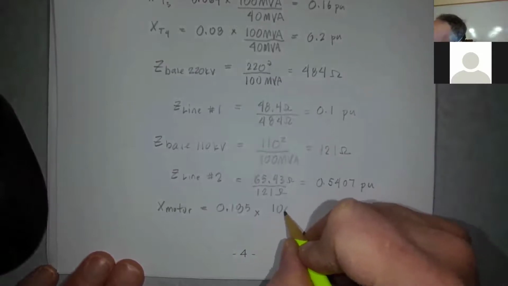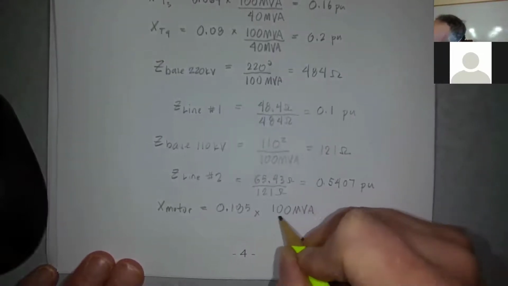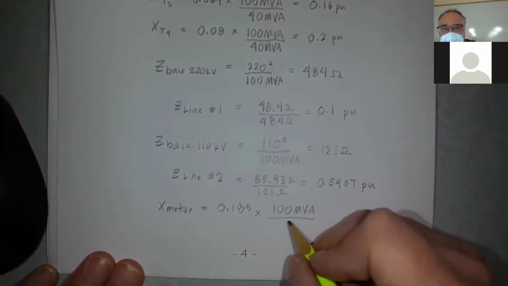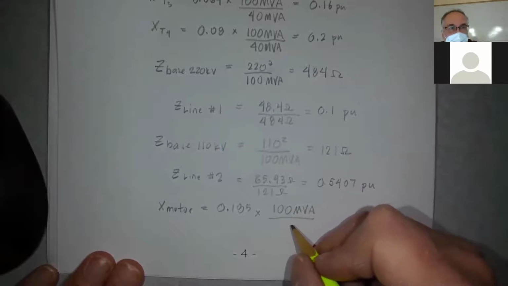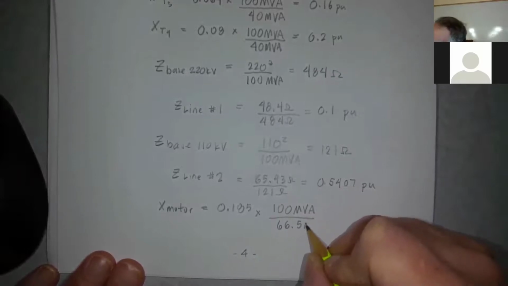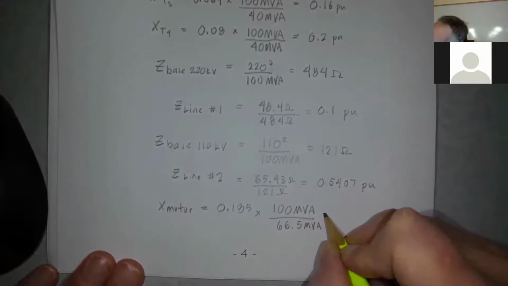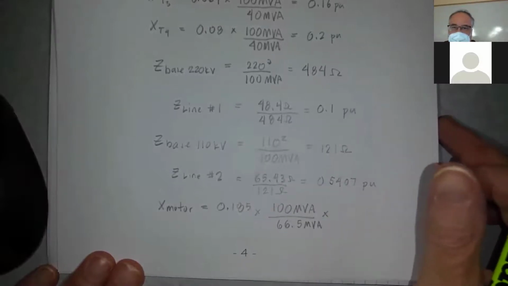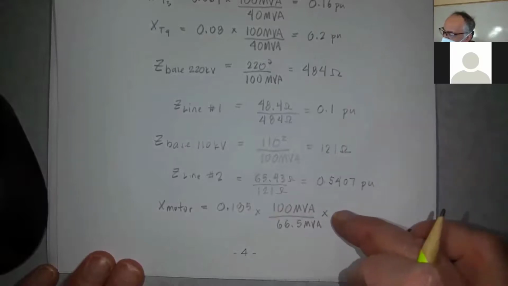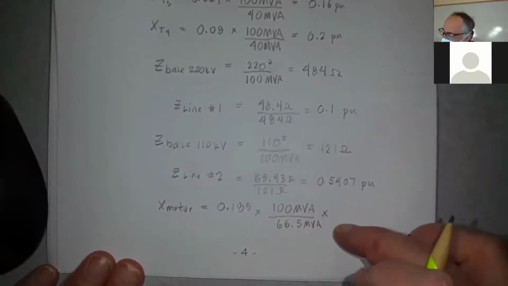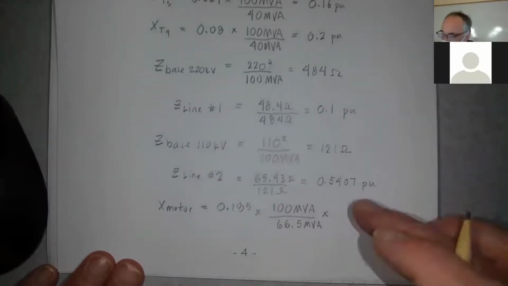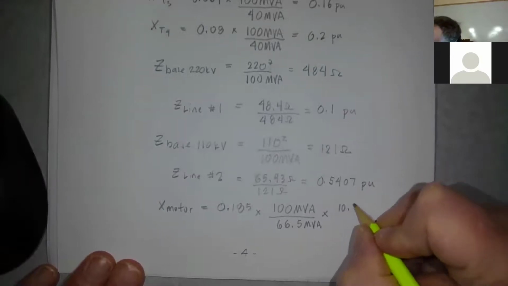We want to switch it up to a 100 MVA base. So what's the base on the nameplate for the motor? 66.5 MVA. Okay, but here's where we're going to actually use the voltage. It's the voltage that we came from versus the voltage that we're going to. So what's the rated voltage on that motor? 10.45